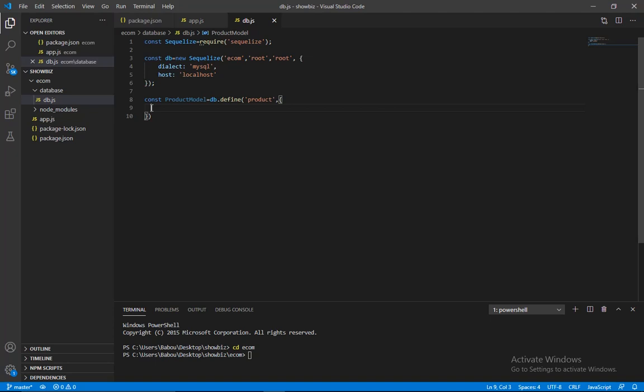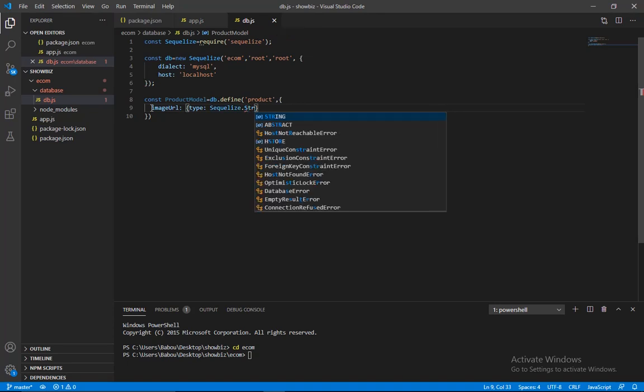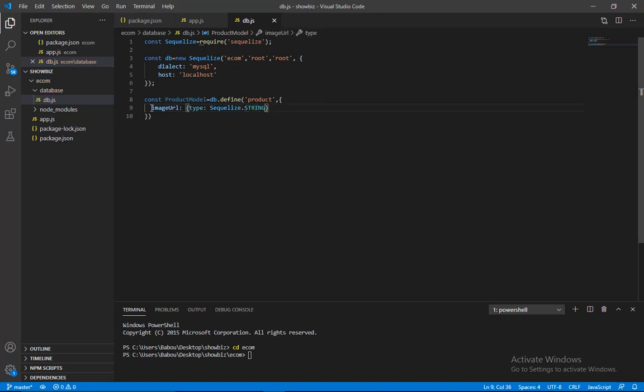The product model is actually going to have an image URL, price, title, and description. The first one is an image URL. The type is going to be Sequelize.string. It is going to be a string type,